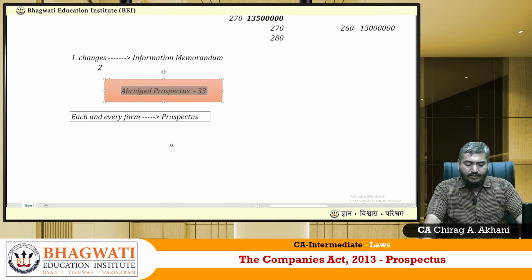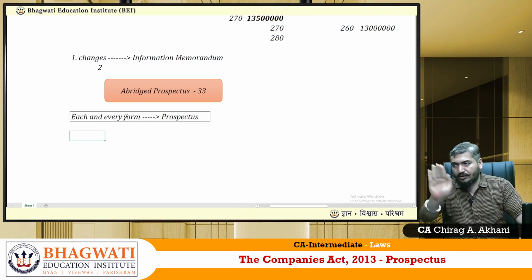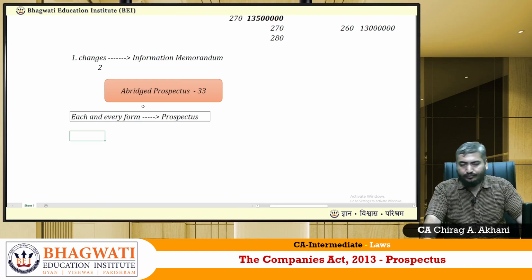Okay, you know what? Some people are very meticulous. What if they want to know all about the company? If they want to know all about the company, the entire detail, let's say one shareholder comes and says that I want to access the final prospectus, the final document, which contains a lot of pages. He wants to access this, then how to do it? Look, it is the right of every public applicant that he may access or analyze all the details of the prospectus. The company cannot say no. And therefore, Section 33 provides in its rules that if any applicant demands that he wants to study the final prospectus containing all the details,